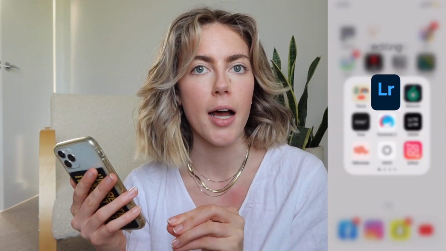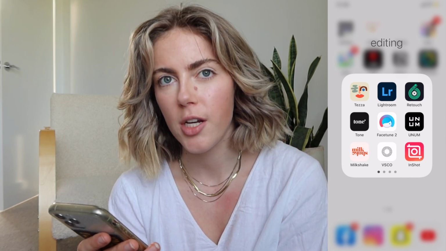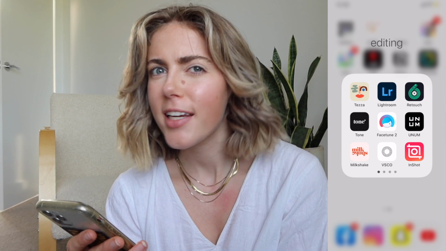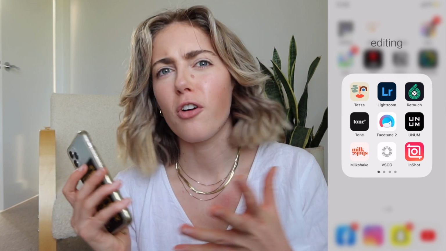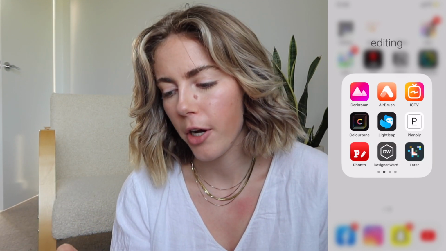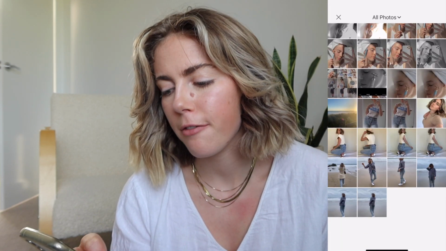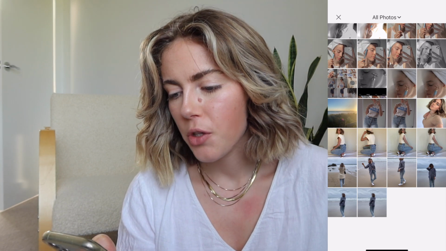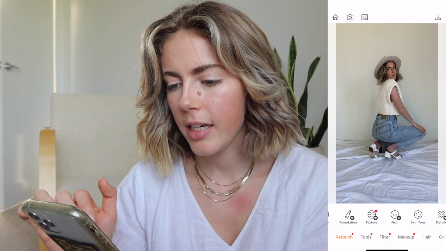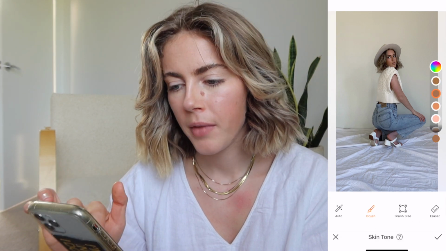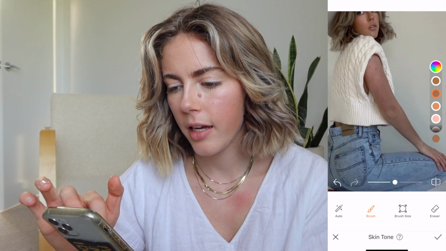So the problem sometimes with playing with color in Lightroom is that it desaturates the whole image, which means that your skin tone can look a little bit off, and that makes the overall photo look a bit off. So I'm going to go into airbrush and fix the skin tone. I only do this if I feel like it looks unnatural to the eye. So I go into skin tone, and I always use the second one, and I just do a little brush on the skin,